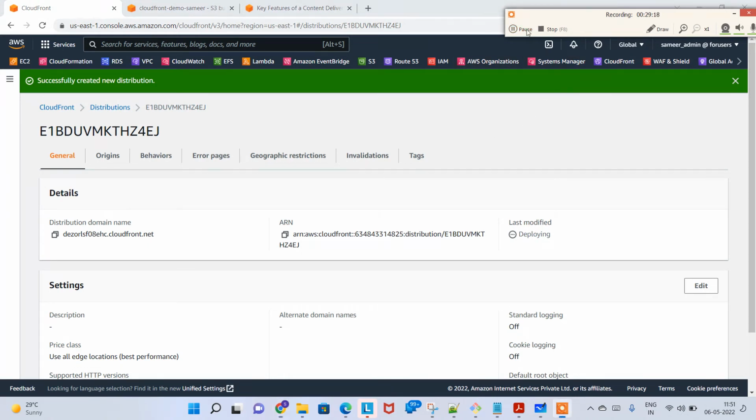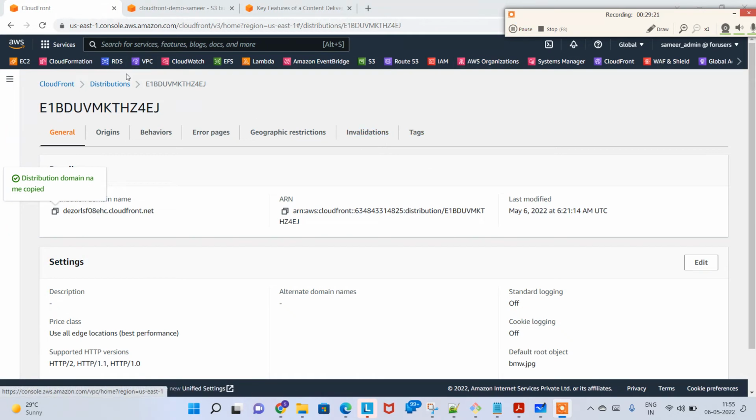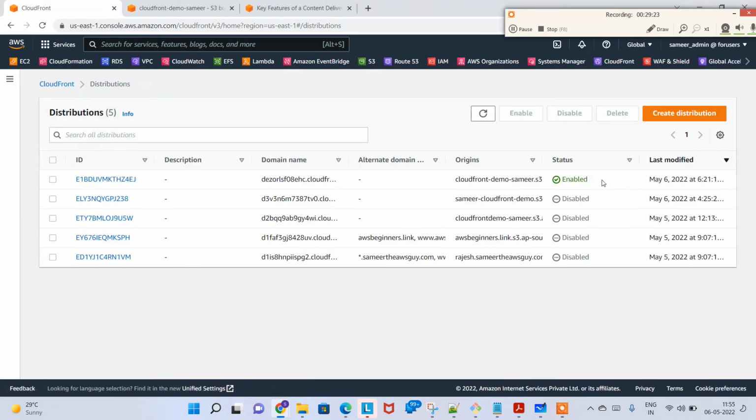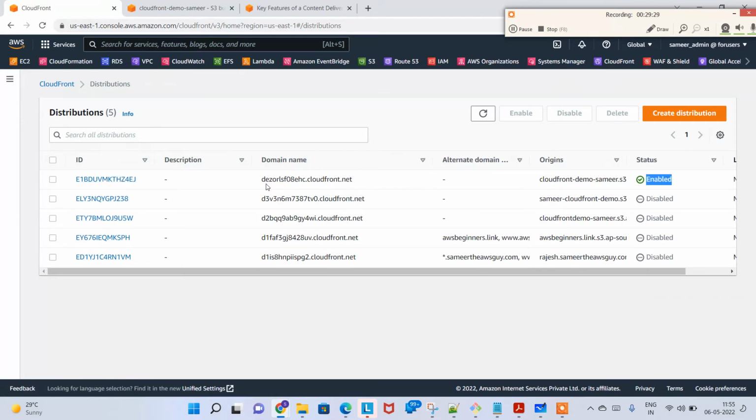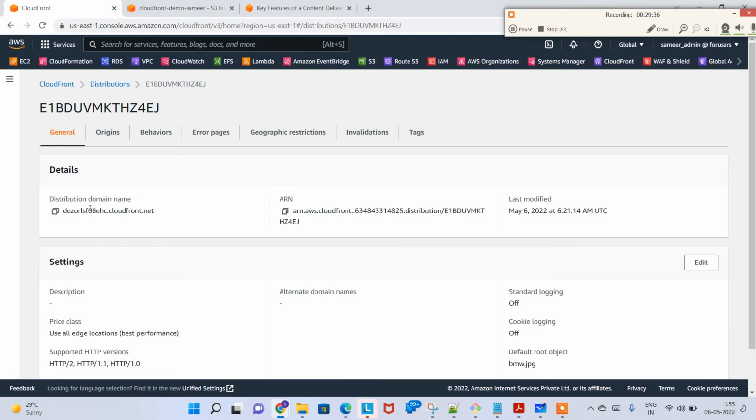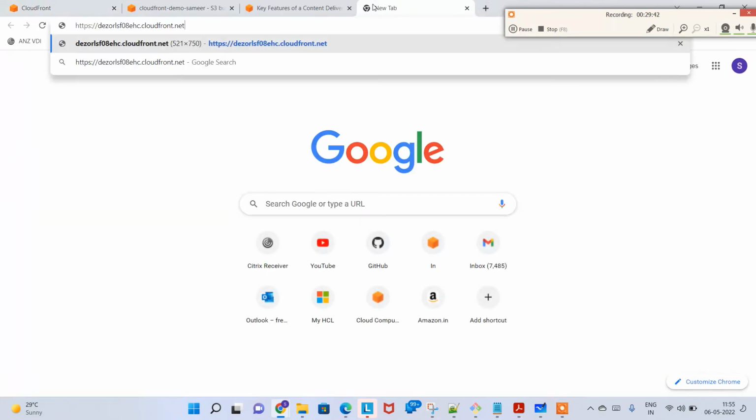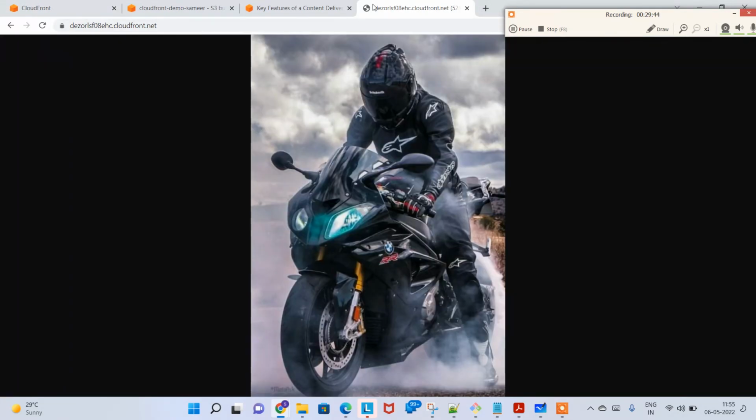Okay guys, so I could see my distribution got created and this became enabled. If you expand this, you got the domain name here, Control C, you can copy that, or if you click on that, you'll get the distribution domain name which is the same. Just click on the copy button here, open a new tab, paste it there and hit enter. See, you're getting the page whichever is there in my